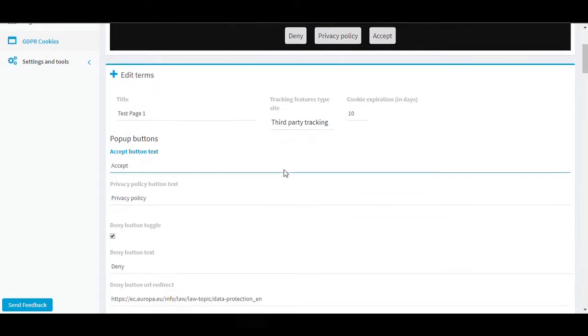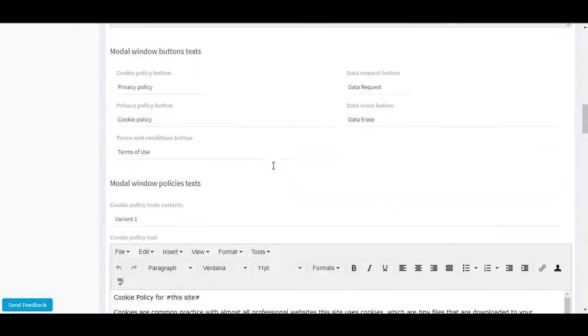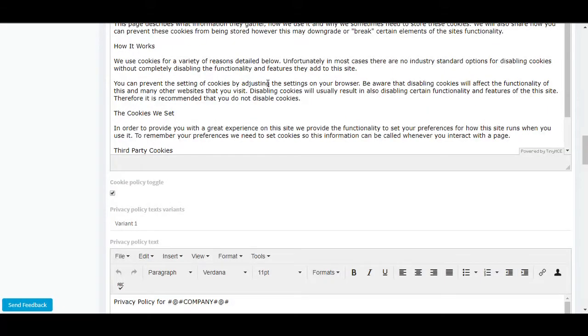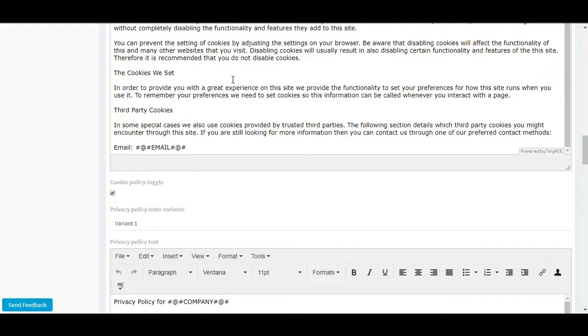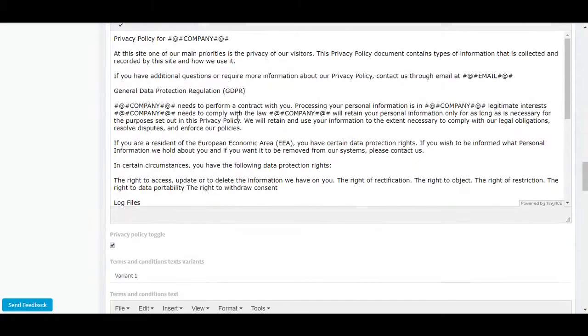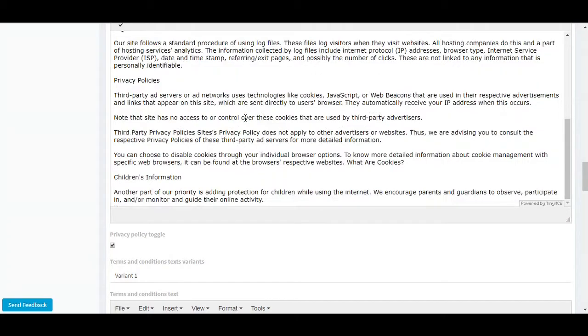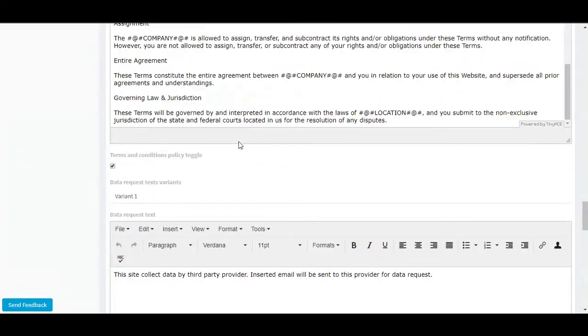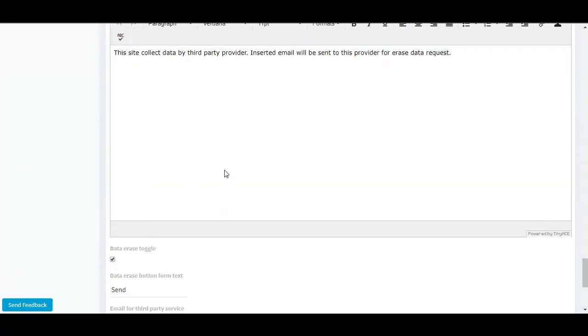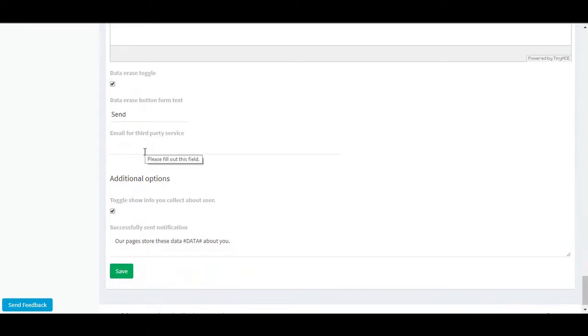So here is third-party tracking, and there was one more field added. The text remained the same. As I said before, you can edit those texts, get inspiration from your industry competitors, and choose the best wording which would fit your industry. There is one more option, and this is email for third-party service. Let's set it